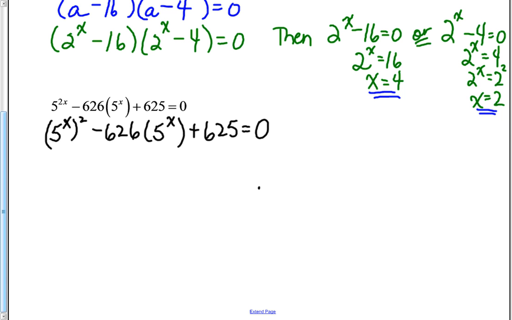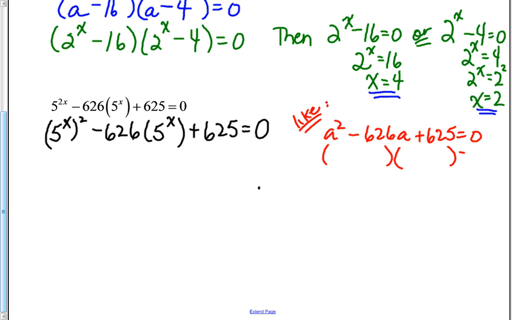So that would be the same as considering it as a squared minus 626a plus 625 equals 0. And if it helps you to write it like that, go for it. Two sets of brackets, we know how to factor this, a and a. So if I am factoring this thing,